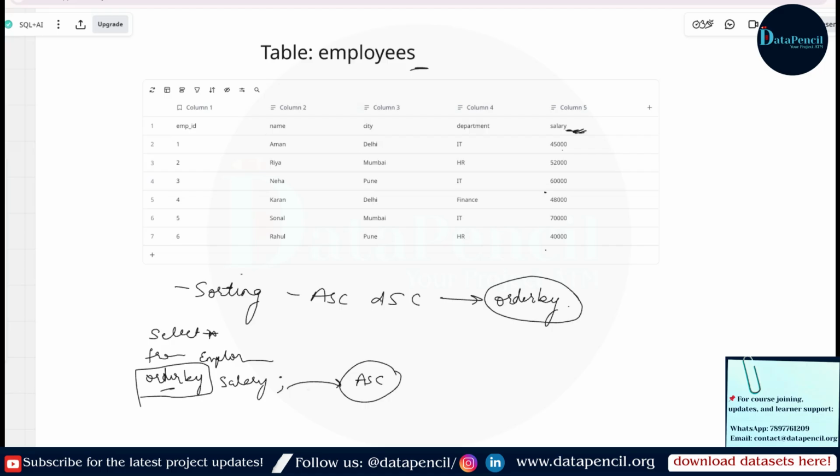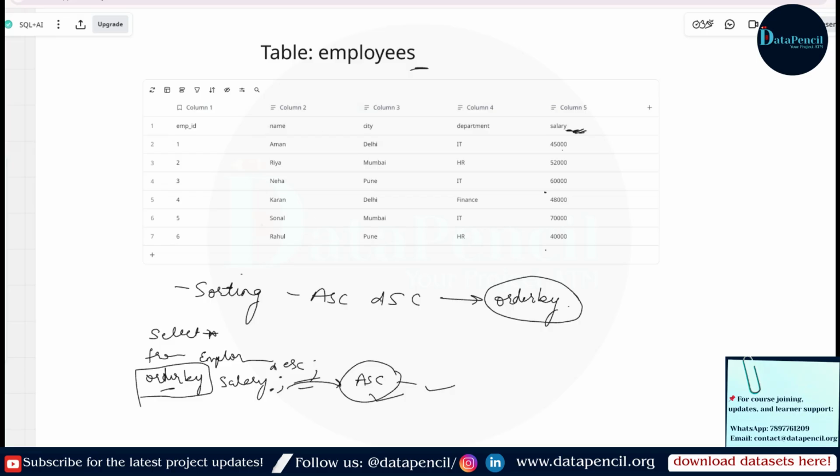If we haven't mentioned anything, then by default it will be considered ascending order, right? Now, if you want to see the salary in descending order, you will simply write order by salary DESC, correct?